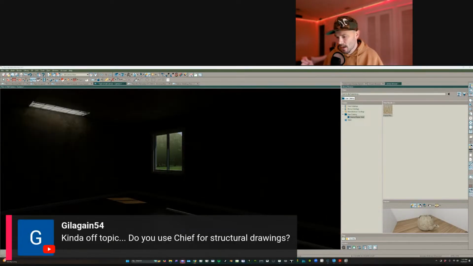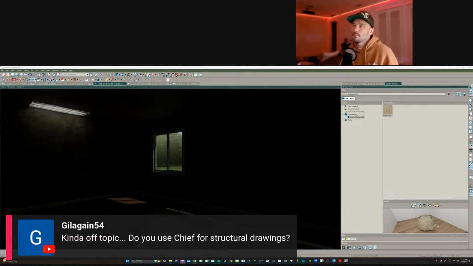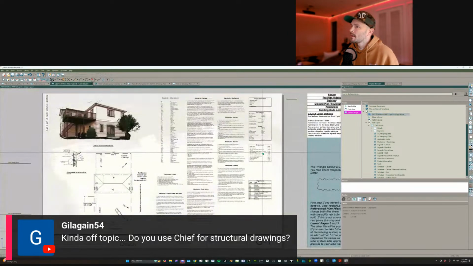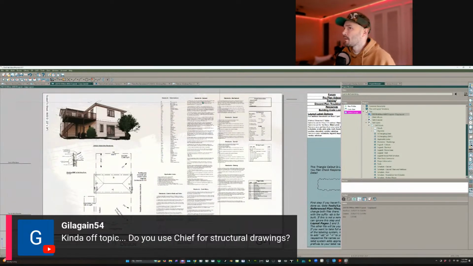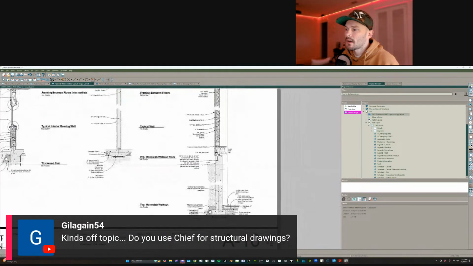Off topic, do I use Chief for structural drawings? Yes, I absolutely do. I do not have my template loaded up at the moment, but let's see if we can get it real fast, which is just to open this up. And I'm going to get to my page, I think 14. And yeah, so I have